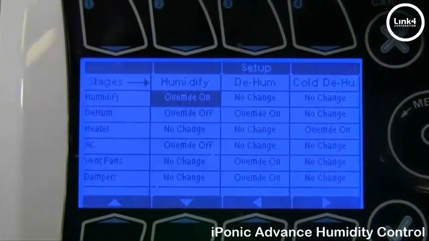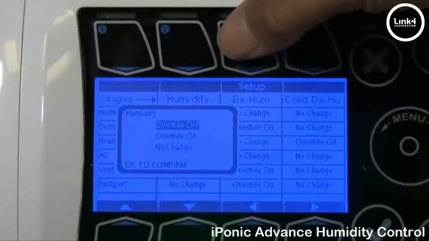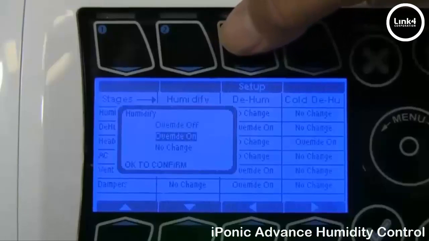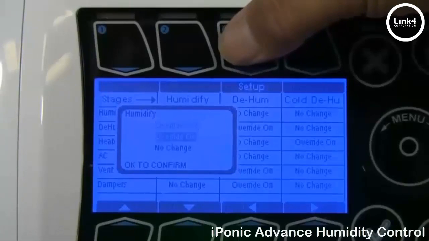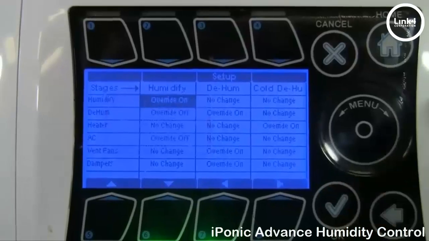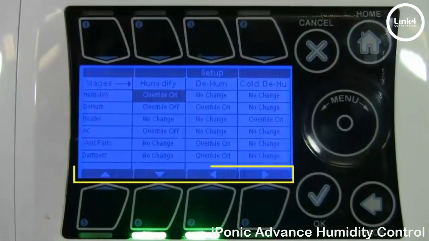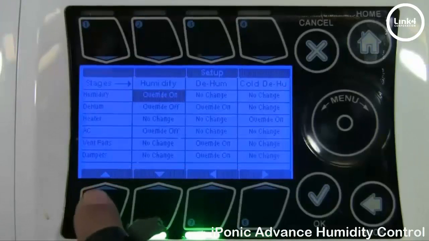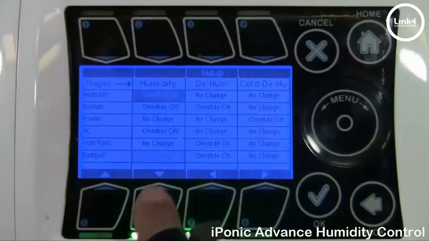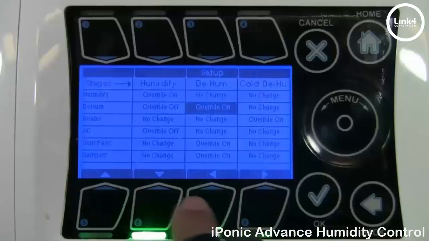Your options are override on, no change, and override off. Press button number 3 to change your values, and continually press button number 3 to rotate through your options. Once you choose, hit OK. Use button numbers 5, 6, 7, and 8 to navigate your cursor through the different boxes within the programming